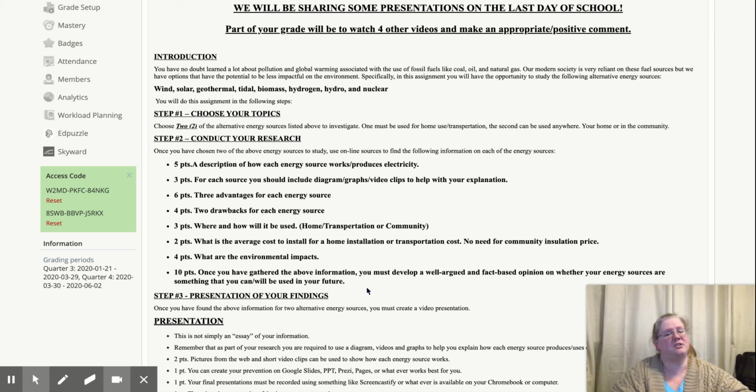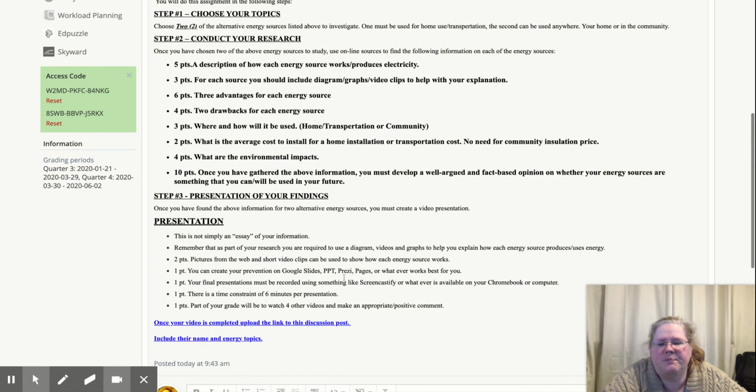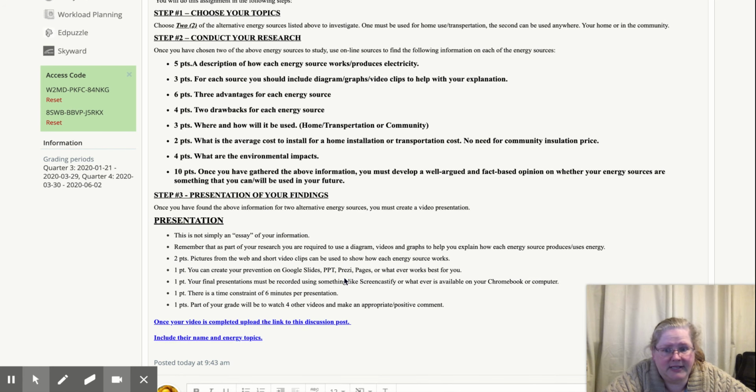So these are choices you're going to be faced with a lot sooner than you think. So the other ones, how are they going to be feasible in the future? Now, you have to present your findings. So once you've found the above information for the 2 alternative energy sources or transportation, you must create a video